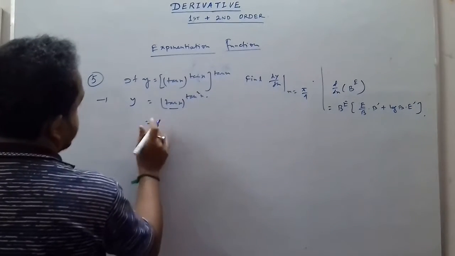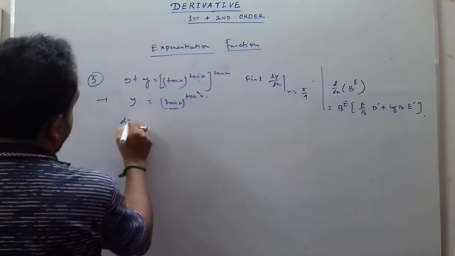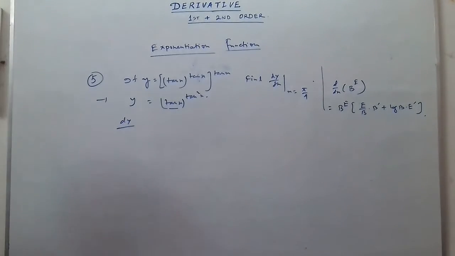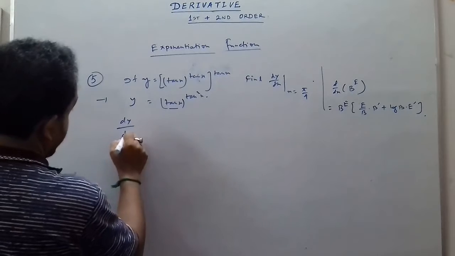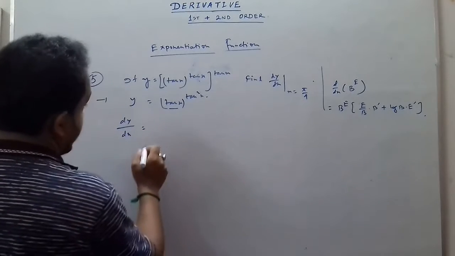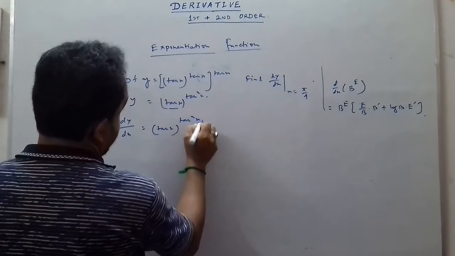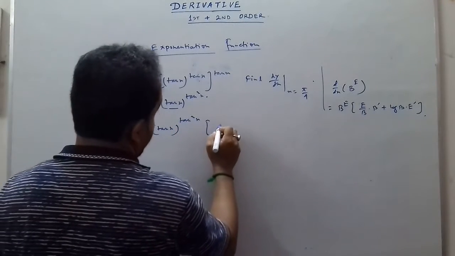Now according to the law, we get dy/dx is equal to tan x power tan square x into